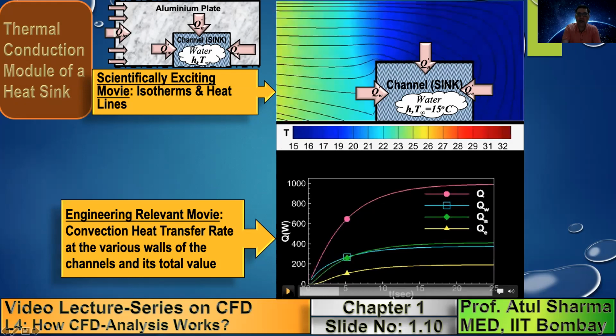So you can see from here that at, let us suppose, a time instant of 5 seconds, this is the temperature distribution which you see here, where near the left wall the temperature is 23 degrees centigrade, and near the right wall you see a temperature close to 15 degrees centigrade. And as we proceed further,